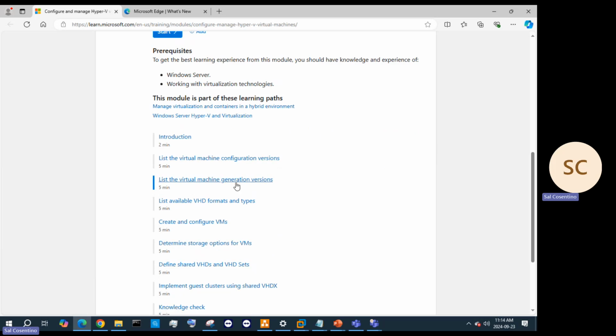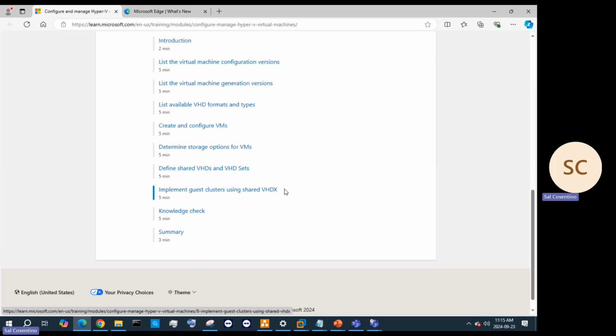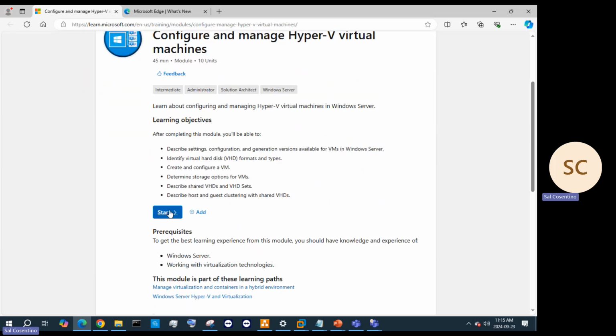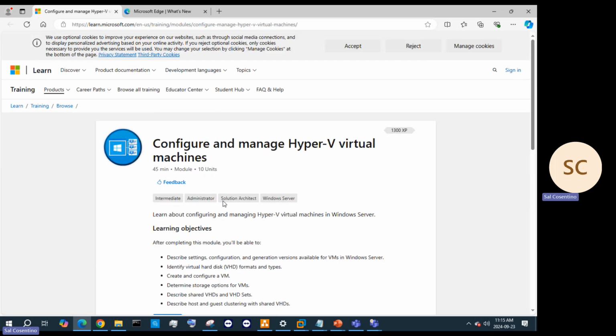With using generation two, I know in older models like 2008 and 2012 we used to use generation one, so you have a better idea. I'll also explain the difference between what VHD and VHDX formats are. So we'll get into this kind of stuff. But again, this is a great link for you guys to take a look at, start it, and run along and create your own